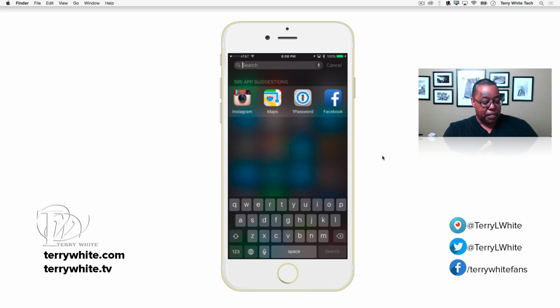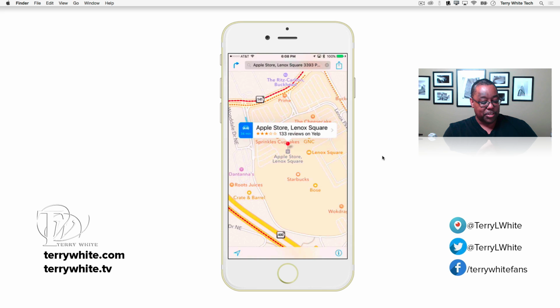Let's go back to the Maps app. So I can just quickly get to it by swiping down. Now notice that there is a car next to the Apple Store on the left-hand side. It says it's going to take 34 minutes if I were to drive there. What's brand new in the Maps app is also by tap,